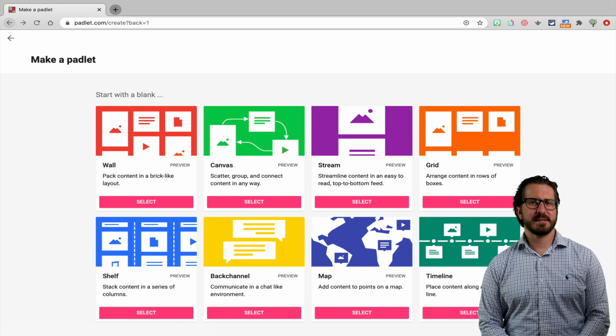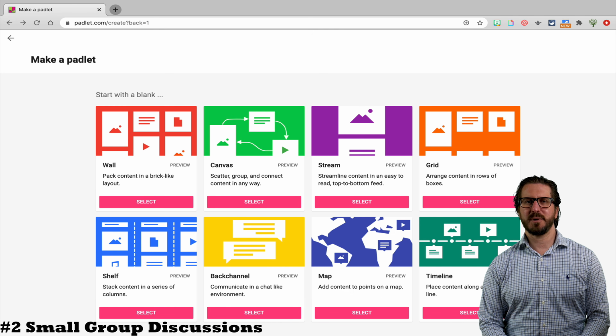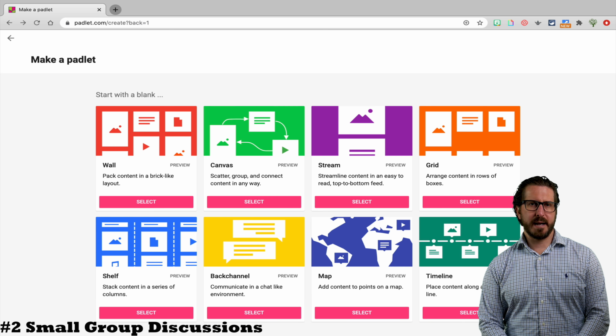The second tip is to use Padlet to set up small group discussions. I'll show you why in just a moment, but it would be ideal to split up your class into 4 different groups for this type of activity. Obviously, to create 4 Padlet boards at the same time, you're either going to need a premium account, or what you could do is have students create the board, share it with their group mates and you, and that would be one way to get around that.